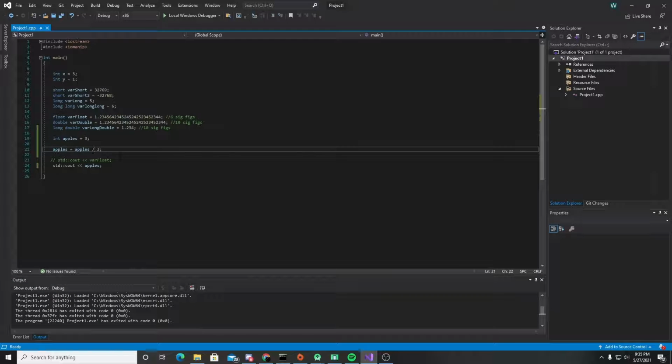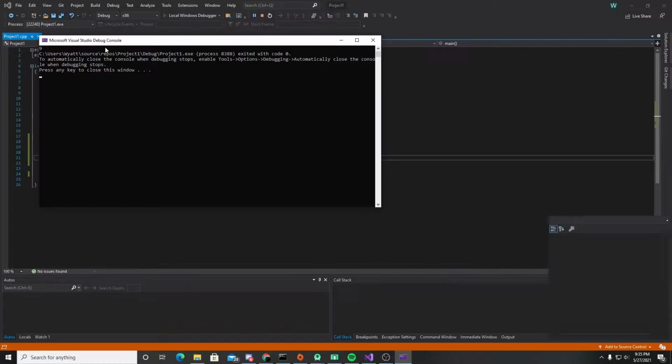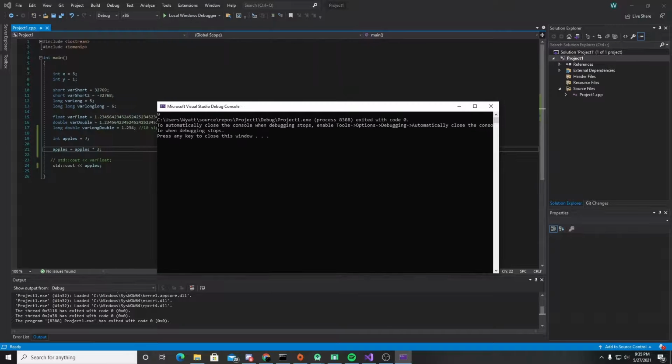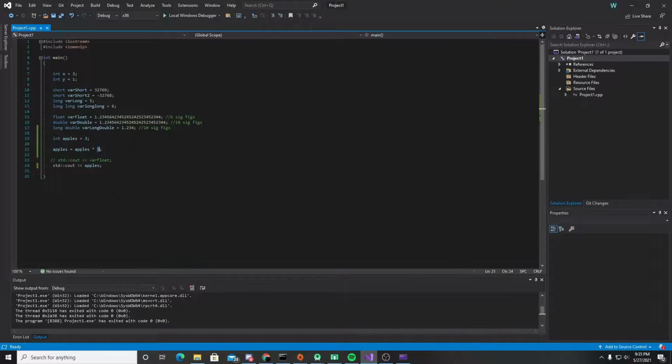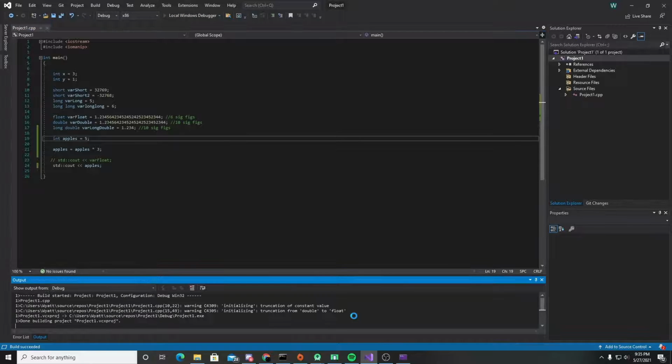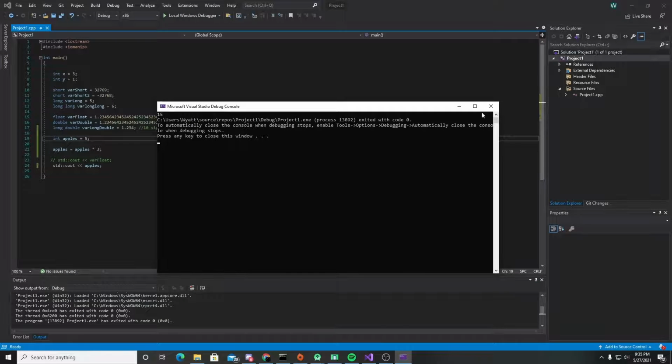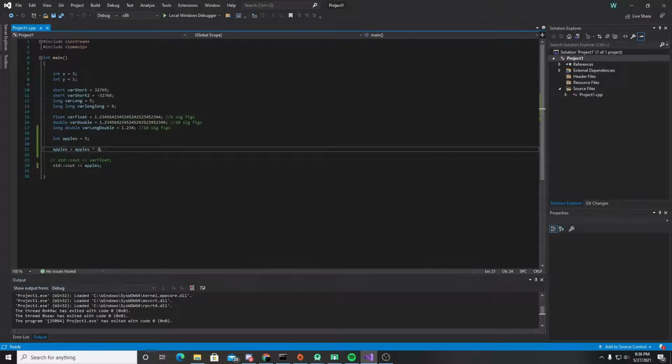Likewise, if we multiply it, we get 9, because 3 times 3 equals 9. And if we change the initial value of apples, it would change along with this. Now if we set apples equal to 5 initially, this would now equal 15. If we run it, 15. And if we really wanted to, we could even come in here and do apples equals apples